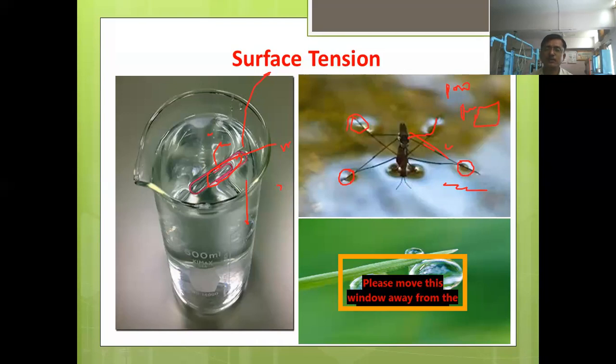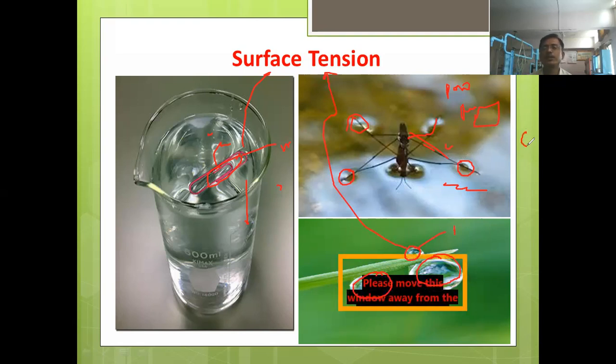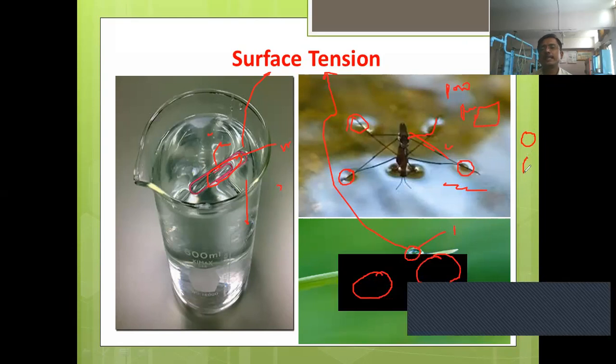And the reason behind the formation of the spherical shape of the droplet, the reason behind that spherical shape, is the surface tension. Because of the surface tension only, the raindrop or water drop or oil drop, any drop, will become nearly spherical in shape. When we see a raindrop falling down, or if we throw water up in the air, you might observe the droplets, but those droplets are not exactly spherical in nature.